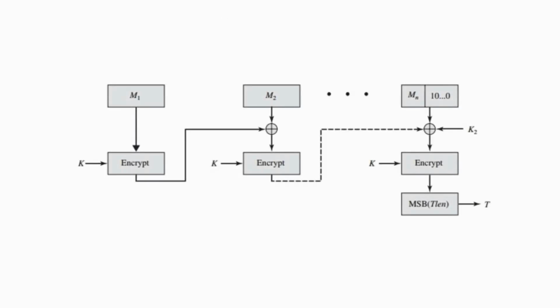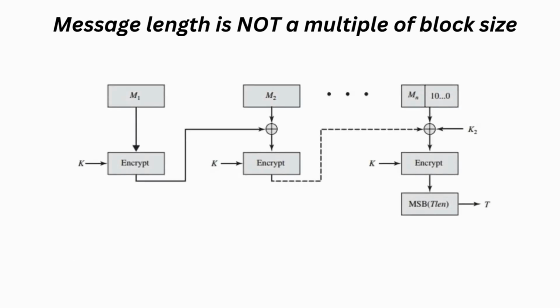CMAC is calculated differently if the message is not an integer multiple of the cipher block length. Then the final block is padded to the right with a 1 and as